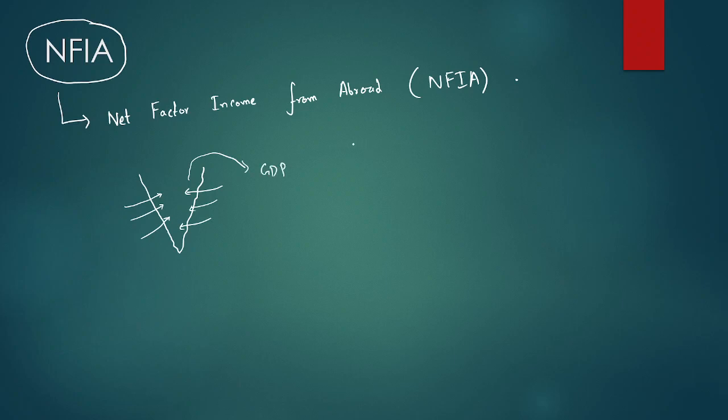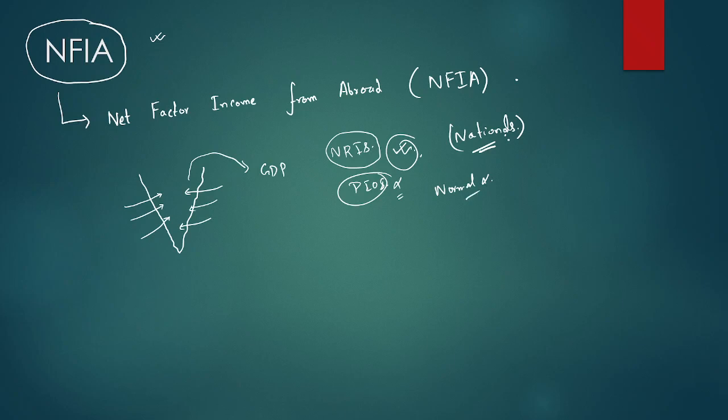Now in the previous slide I was talking about NRIs, the non-resident Indians who actually stay in different countries of the world, the Indian diaspora. But for the Indian diaspora we also consider PIO, so they're actually not citizens of India. We only consider the nationals, citizens. Also there is a concept of normal citizen. I don't want to complicate it now, forget it. So NFIA,